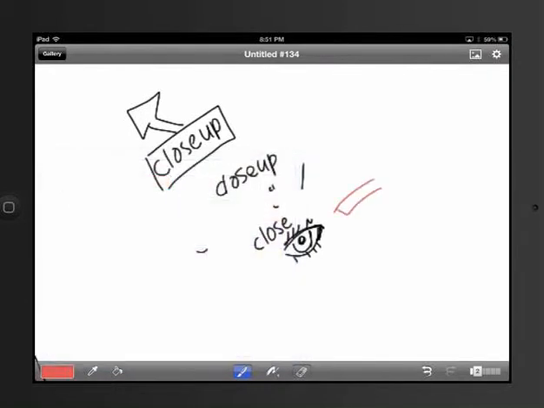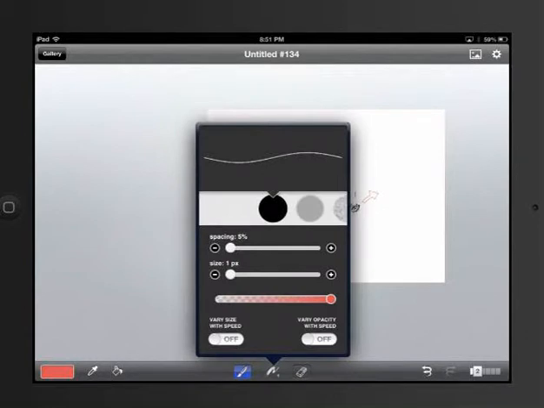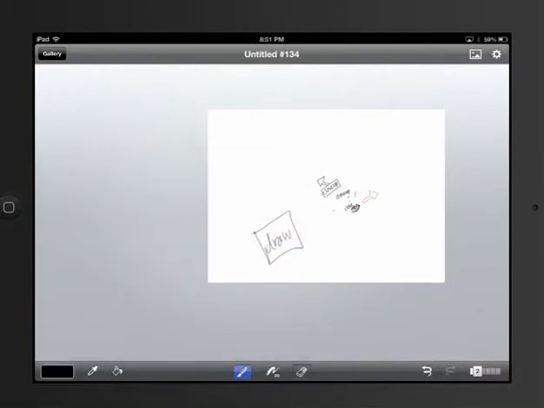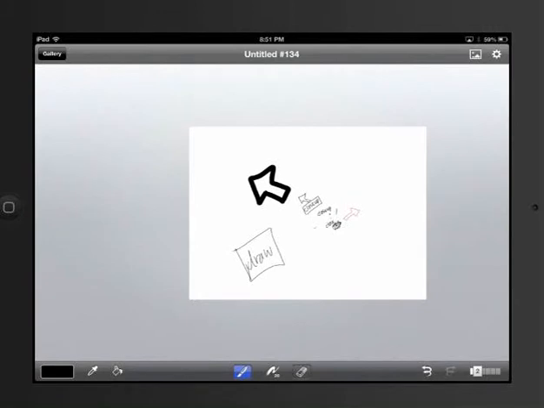I might change to a different colour, and then maybe put an arrow here, check how big it is. If I wanted to go a little bit bigger, change the colour again, change the brush size, even the brush effects here if I wanted. I like sticking just to the normal one. I can make the brush size a bit bigger. Again, change back to black perhaps, and then I can draw another, that's a bit too big, a really big arrow there. Zoom back, still looks pretty awful and pretty big, but you can see pretty much how it will